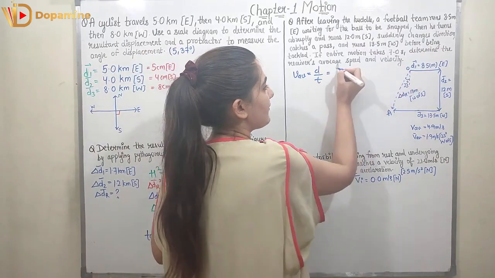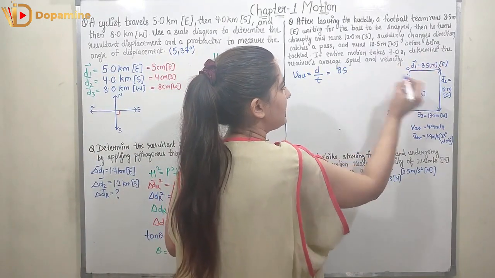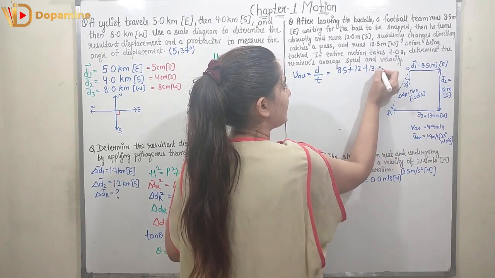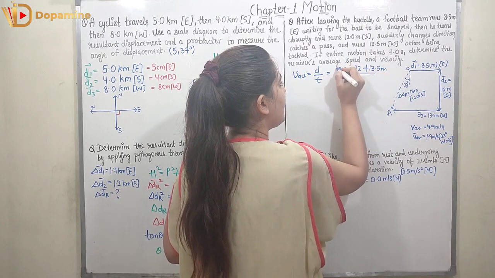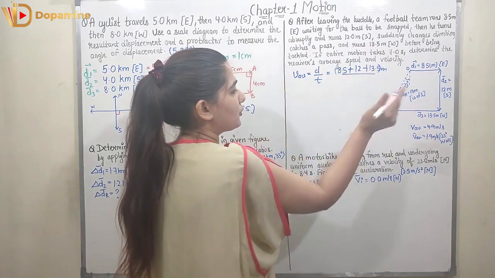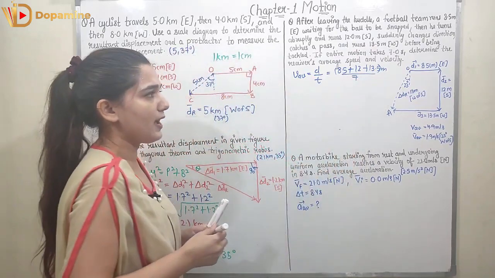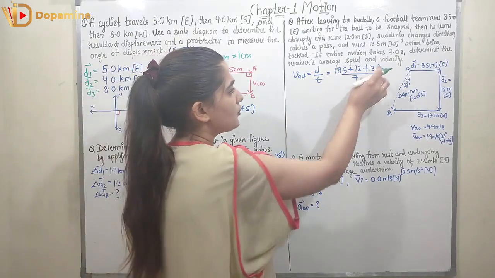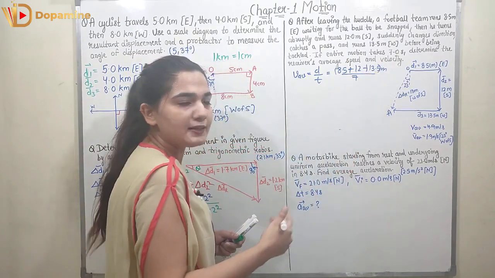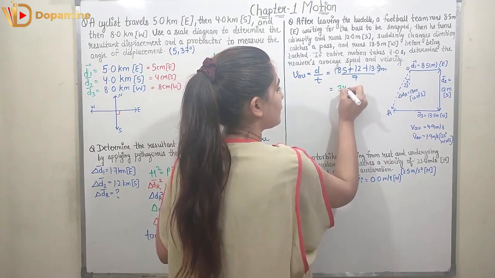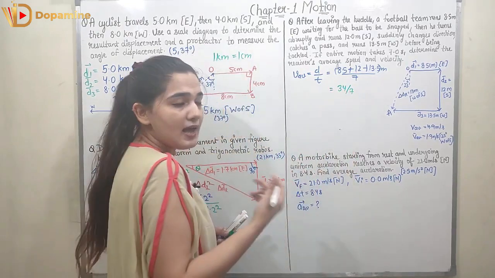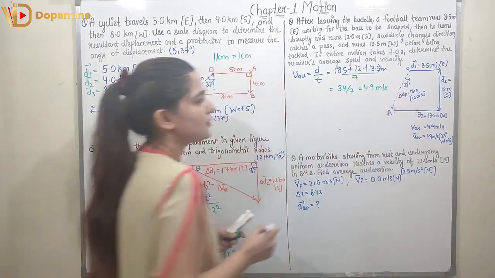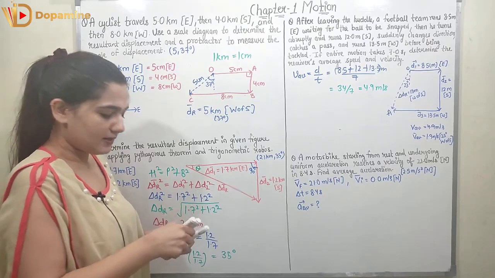What is the total distance traveled? First of all, it moves 8.5 meter. Then it moves 12 meter, then it moves 13.5 meter, right? Now when you add all of them and divide by the total time, which is 7 seconds. So 8.5 plus 13.5, what would it be? It would be 22, plus 12 will be equal to 34. So we will have 34 upon 7, and when you calculate it, it will be equal to 4.9 meter per second, right? So this is my average speed. This is how we can calculate the average speed.